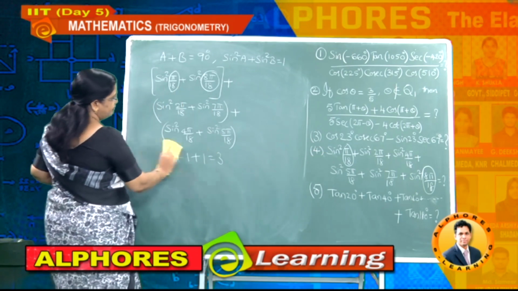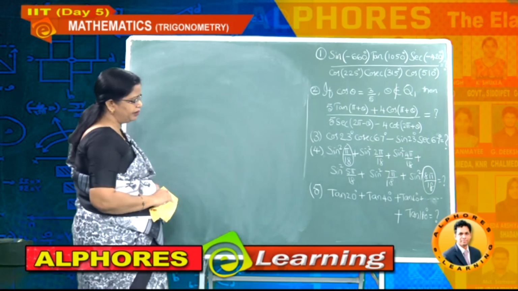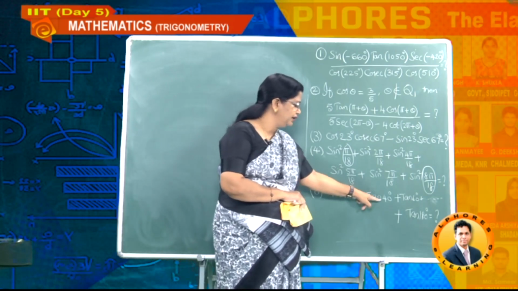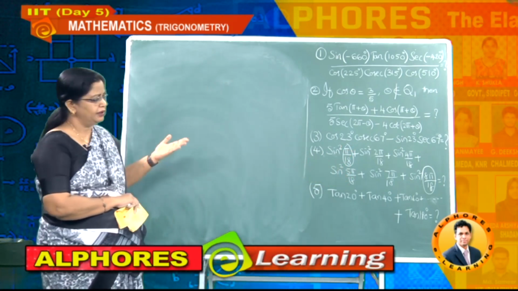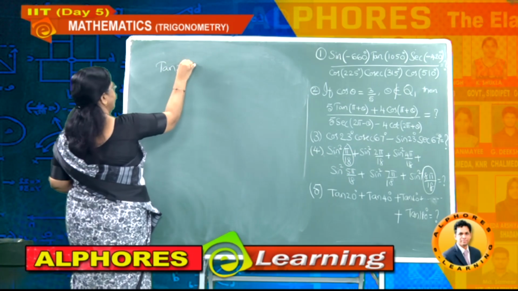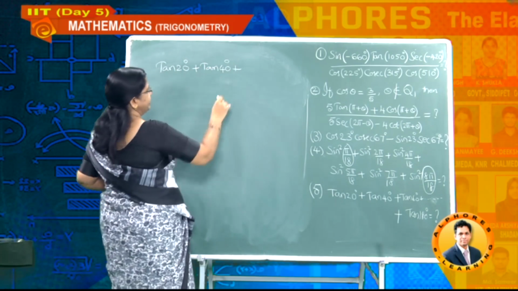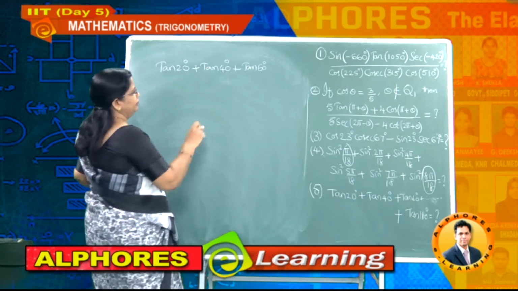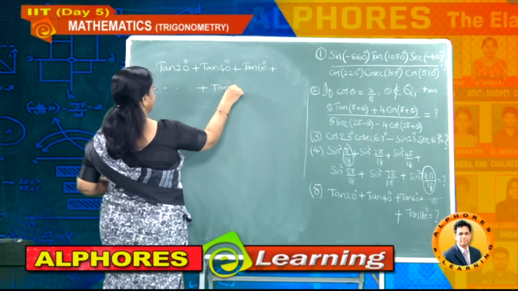Now let's do the fifth problem. Again, whatever technique we have followed just now, have a glance at the problem. Here also you observe many angles are there. What are they? 20, 40, 60. In a strategic way they are given. What is the difference they maintained everywhere? It is 20 degrees. So tan 20 degrees, and the next value is given as plus tan 40 degrees. After that it is given as tan 60 degrees. Of course you know this value, but don't immediately substitute, okay. Then plus, and so on, till tan 180 degrees, understand.